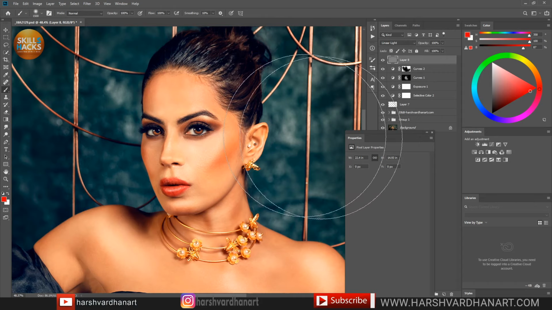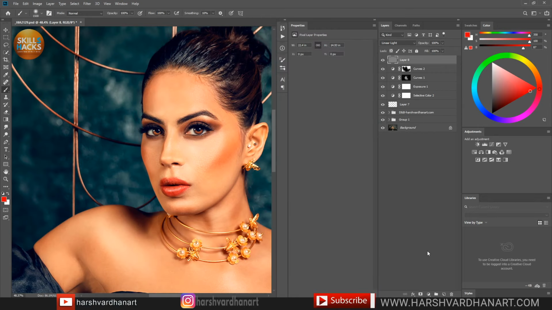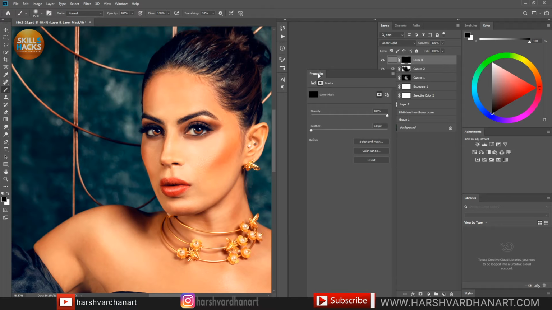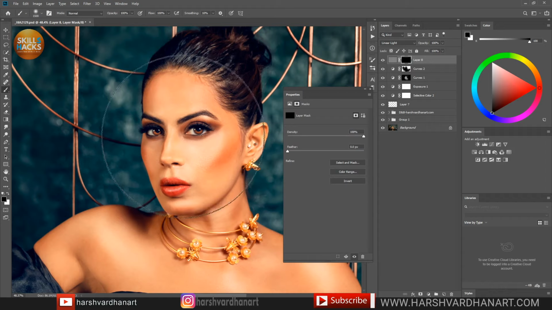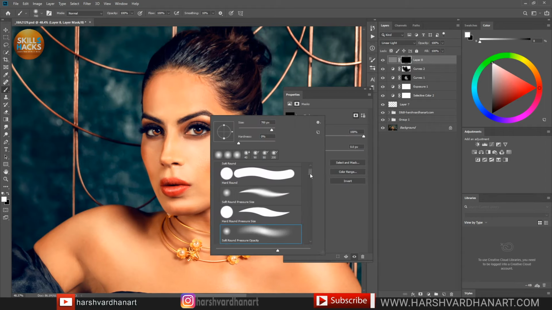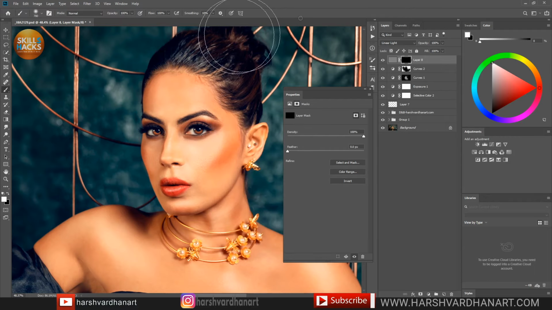And if you want to apply the sharpening only to certain parts of the image, then you can press Alt or Option and click on the mask icon. So that basically is going to create a black mask, and then let me just drag it over here. Then with the white brush, let me select the soft edge brush, and with 50% opacity or 100% opacity, just paint over the eyes,